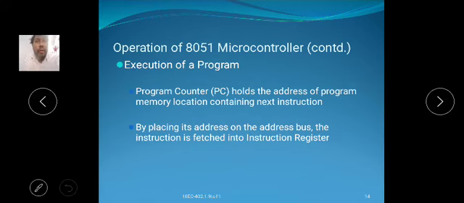By placing its address on the address bus, the instruction is fetched into the instruction register,